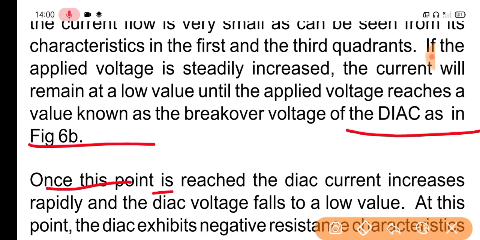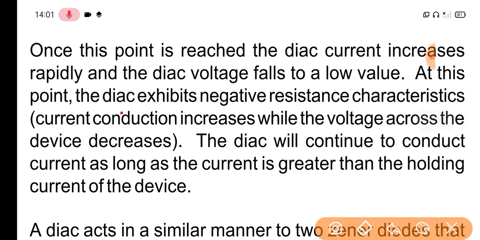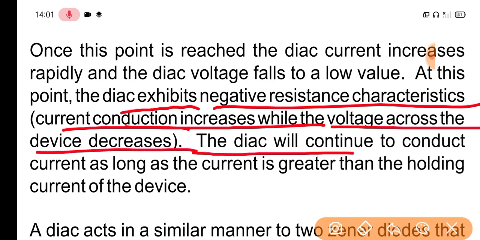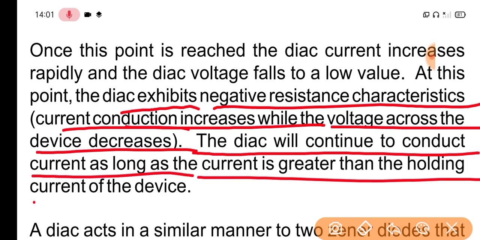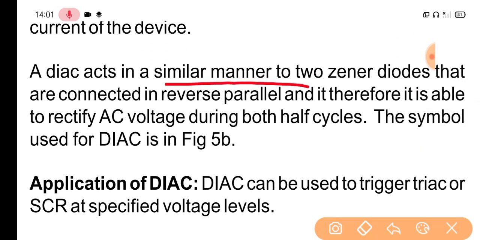Once this point is reached, the diac current increases rapidly and the diac voltage falls to a low value. At this point, the diac exhibits negative resistance characteristics: current conduction increases while the voltage across the device decreases. The diac will continue to conduct as long as the current is greater than the holding current of the device. A diac acts in a similar manner to two Zener diodes connected in reverse parallel,